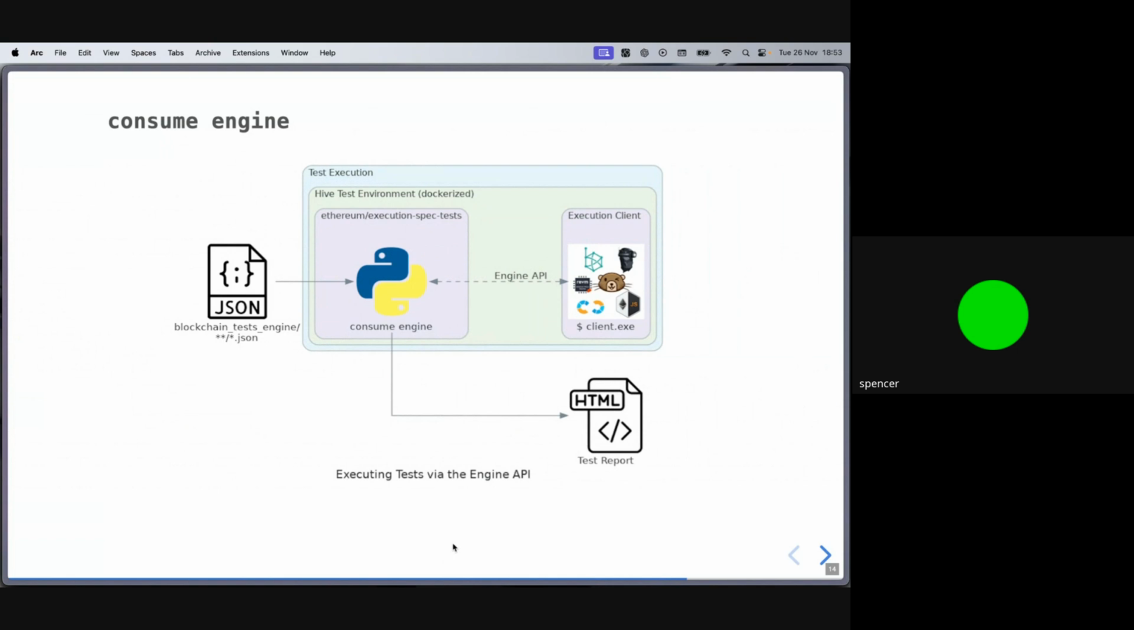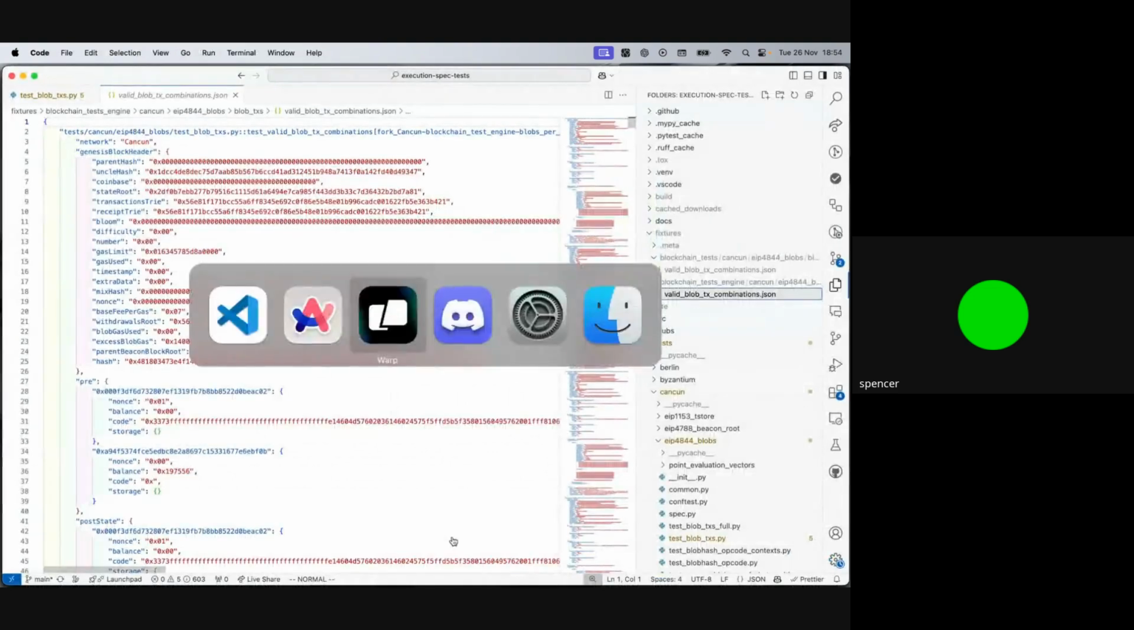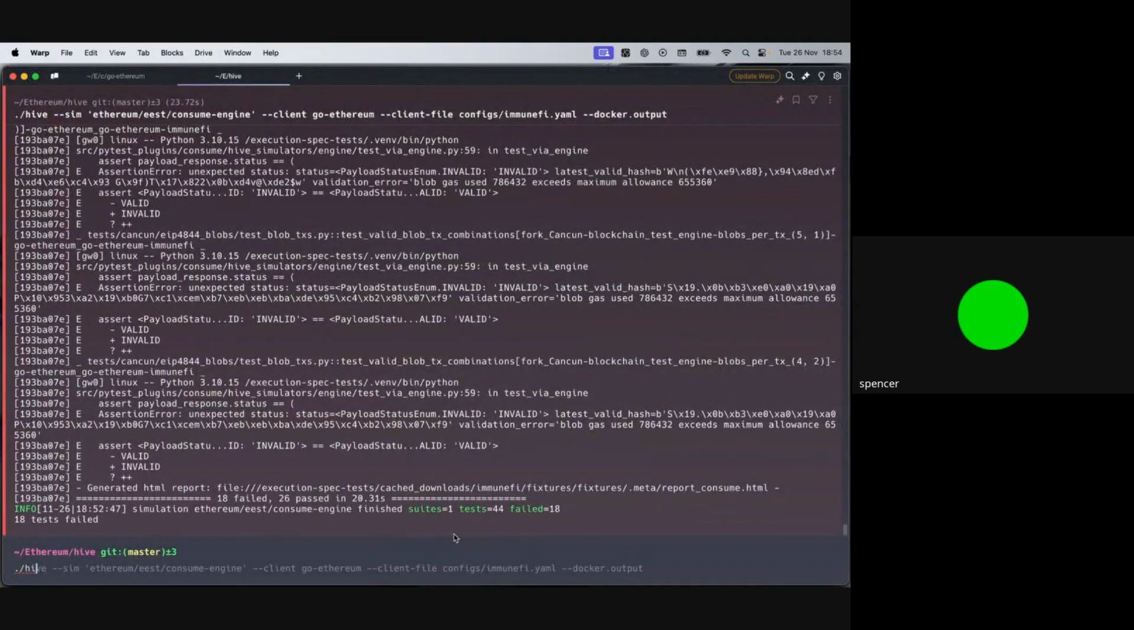Now, hopefully that made sense. I did go over that very quickly. There are other ways to run Hive, but again, for the sake of this presentation, this was the way I kind of wanted to show it. You can run Hive in something called developer mode. So if I do ./hive --dev, and essentially here I could go Ethereum,